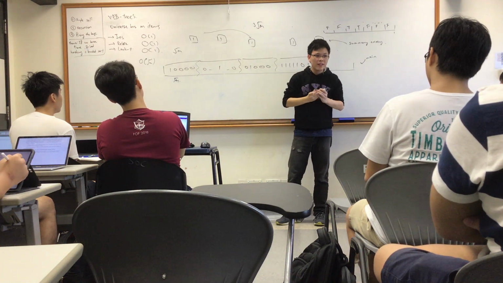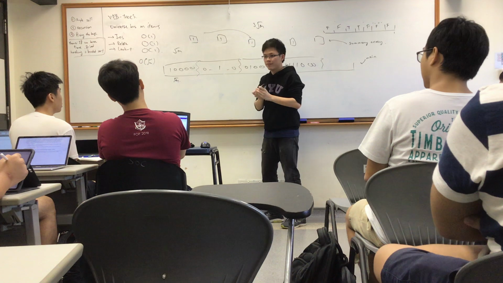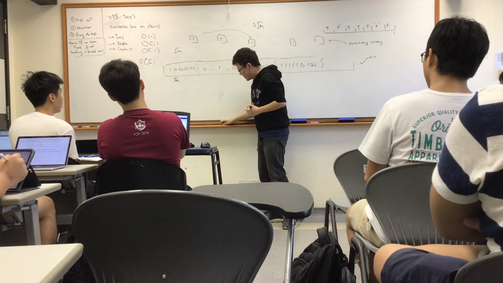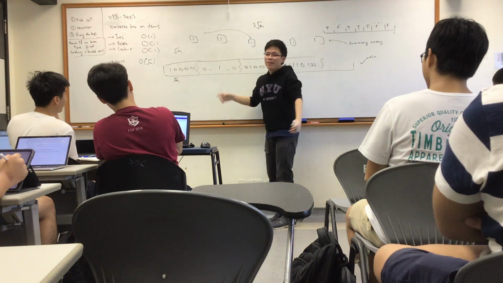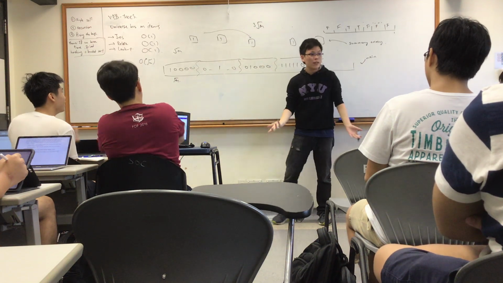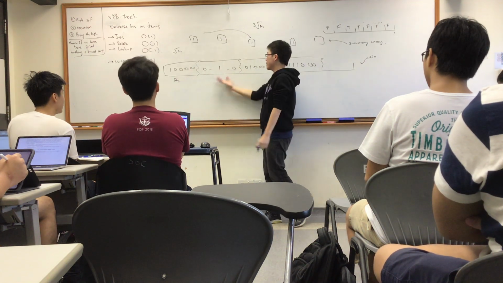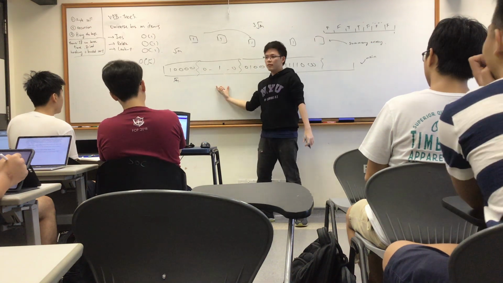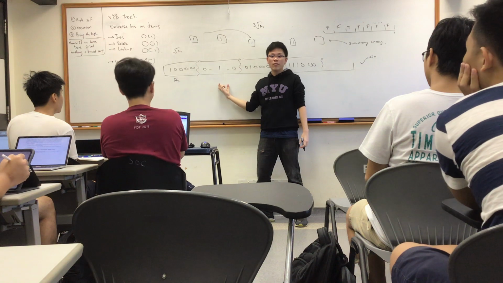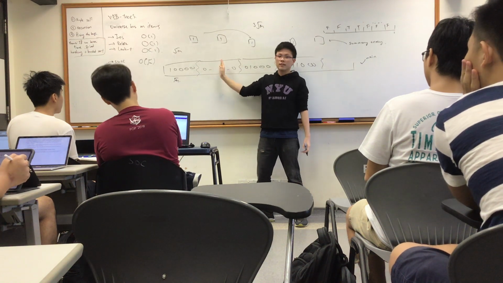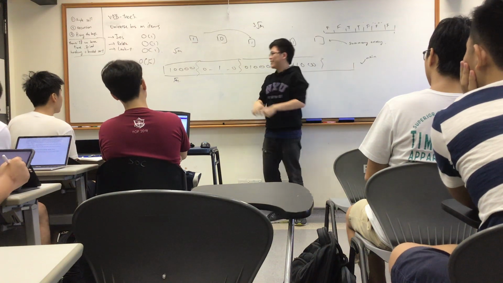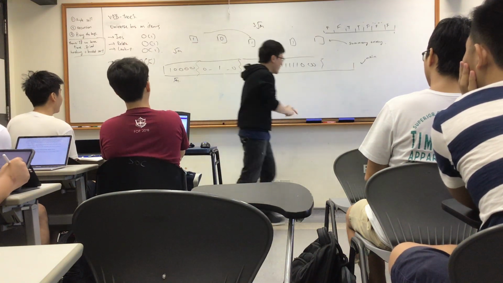Root M. Okay, can you keep a size of each summary? I was going to set that as a question for your assignment, but thanks, you spelled it out. But yes, you can. One slow way, if you really don't want extra space, is you just go through the entire thing. That's going to take root M time, right? But the other way is you just keep a count. When the count hits 0, you know that there's nothing else left inside, and you should just automatically set this guy to 0.